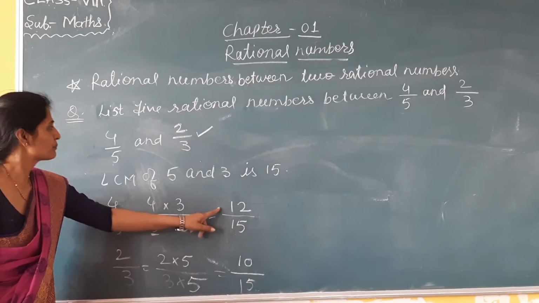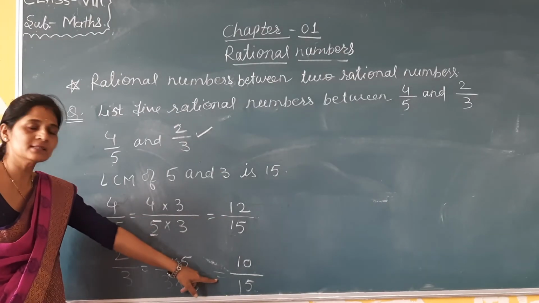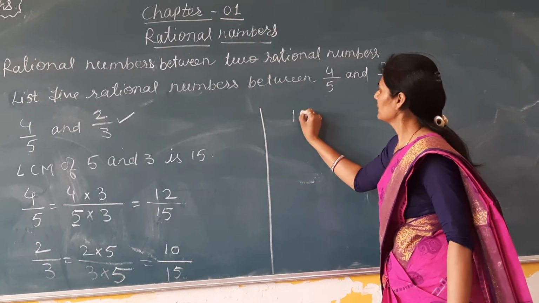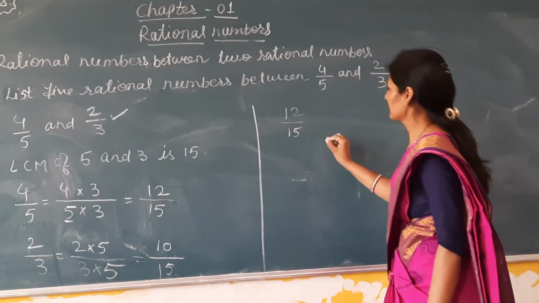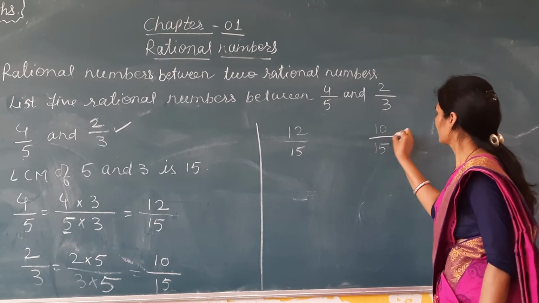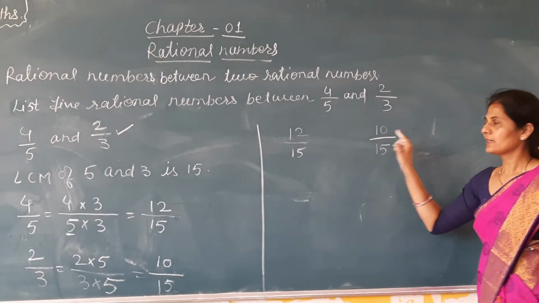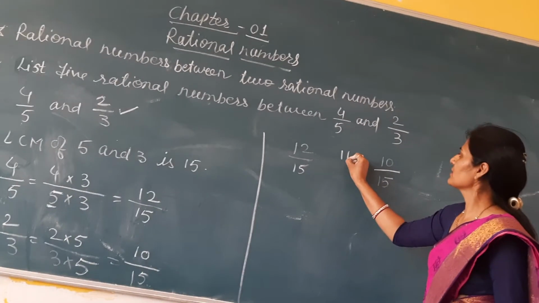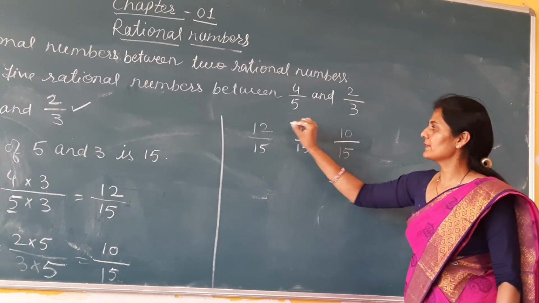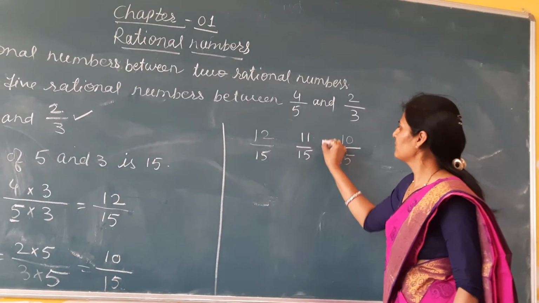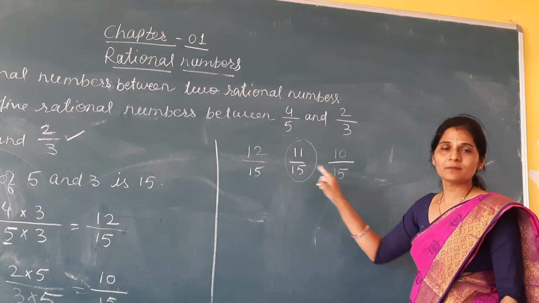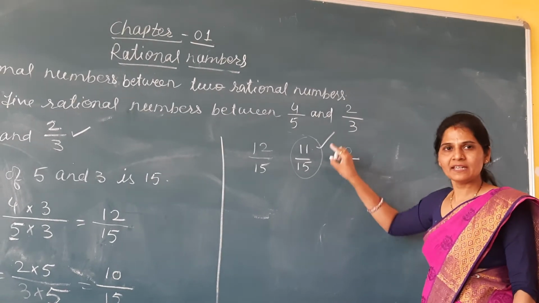You will find the 5 rational numbers between these two rational numbers. अब यहाँ देखिए, you have one of the rational number 12 upon 15 and another is 10 upon 15. अब 12 और 10 इन दोनों के बीच में सिर्फ एक रैशनल नंबर है 11 अपॉन 15, और कोई आ रह गया 10 अपॉन 15, 10, 11 एंड 12. सो ये फुलफिल नहीं हो रहा है क्योंकि हमें चाहिए 5 रैशनल नंबर, हमें 5 रैशनल नंबर चाहिए इनके बीच में. तो ये क्या मिल रहा है, हमें सिर्फ एक रैशनल नंबर मिल रहा है.